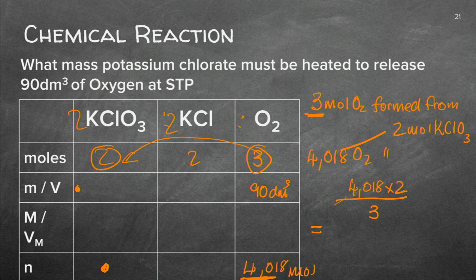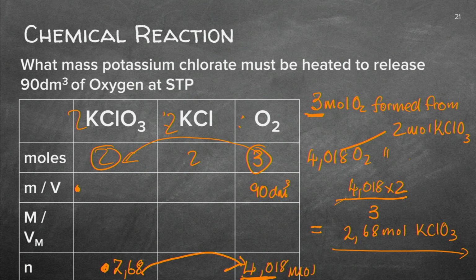And that gave me a mole of 2.68 mole potassium chlorate. Right. So 2.68 mole of potassium chlorate would give you 4 mole of the oxygen, and that would have a volume of 90. They asked me the mass, so now I just have to reverse and go back to that, and let's quickly do that. So the mole is the mass over the molar mass. I have the new mole,